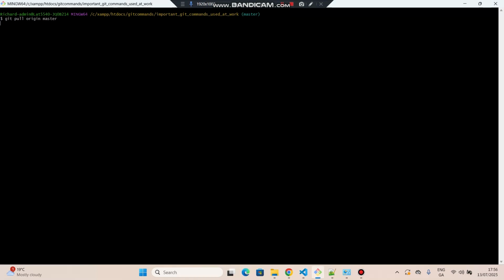So we need to pull this every time in order to get the latest changes, because the other developers will be working on different branches. So in your case, it might be develop or stage or test or something like that. So you need to pull the changes to get the latest changes. Once you get the latest changes and now you are told to implement a new feature,